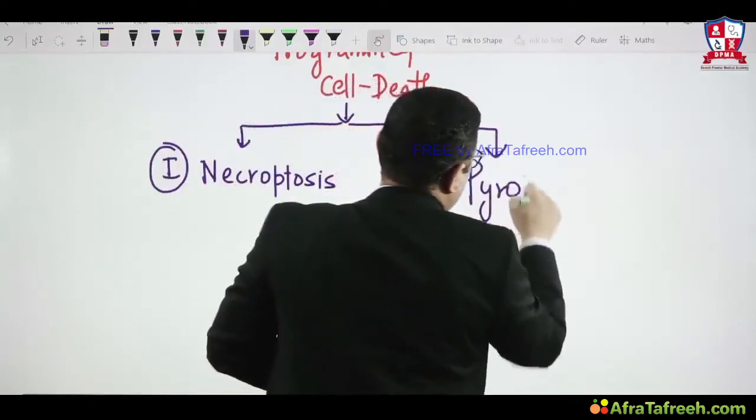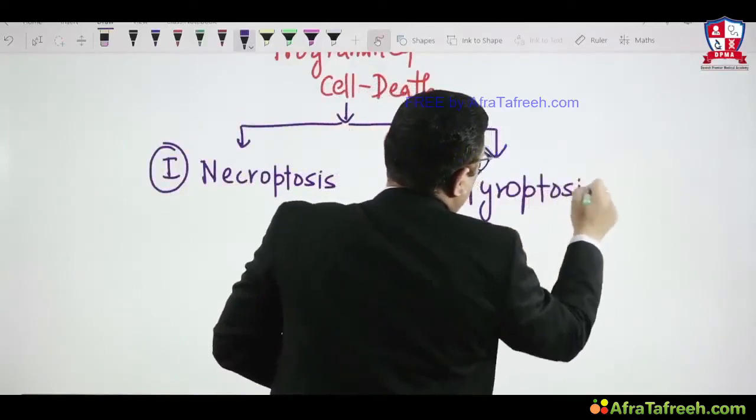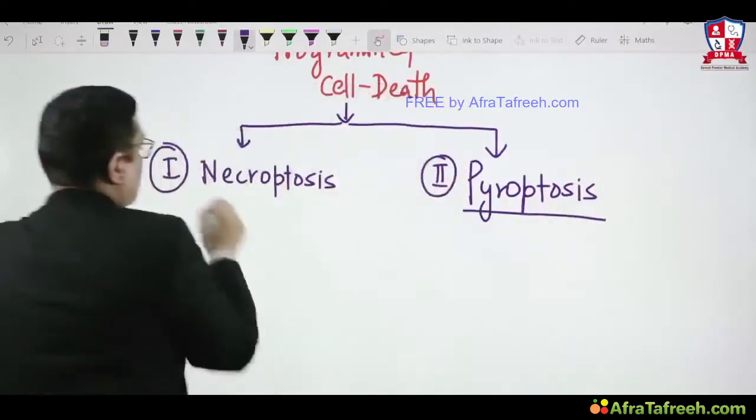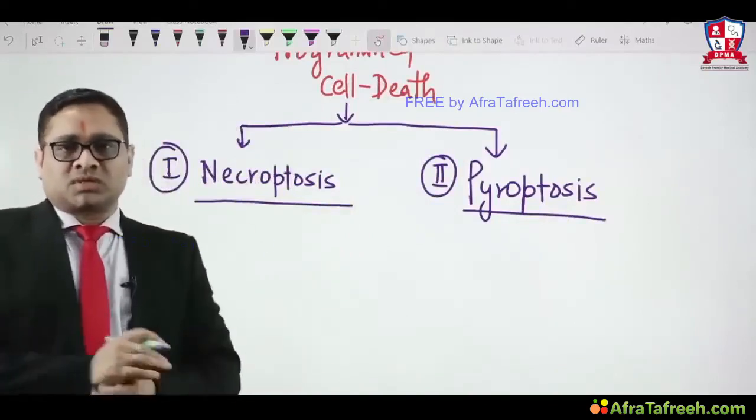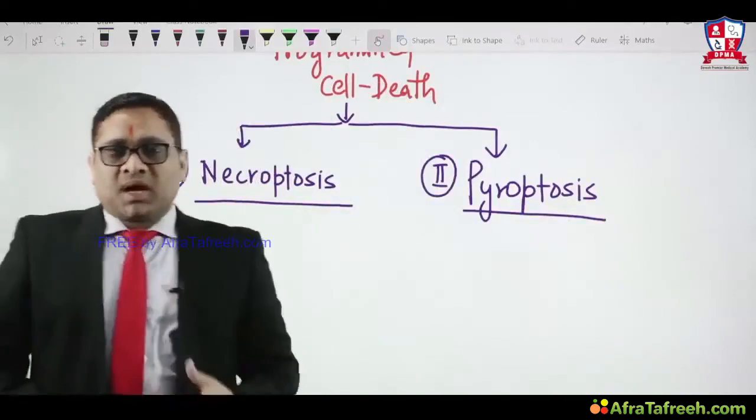So these are two important conditions where you will observe programmed cell death, right? These are the two programmed cell death which I wanted to focus upon, because the examiner had asked this question earlier